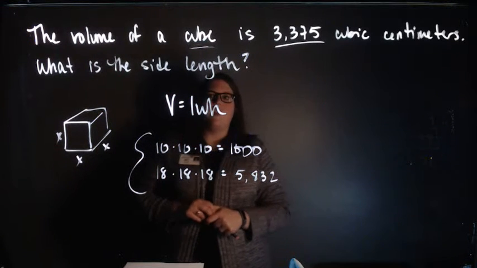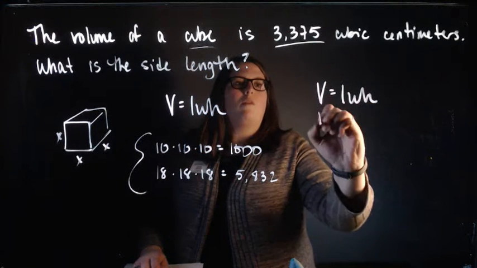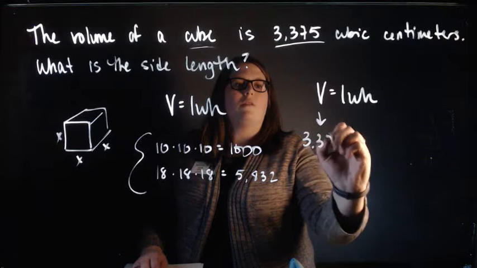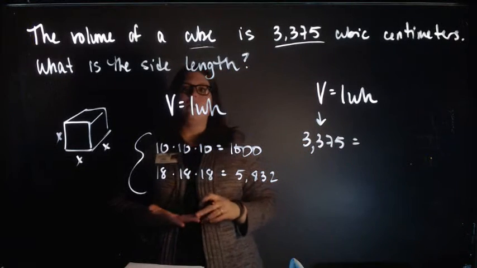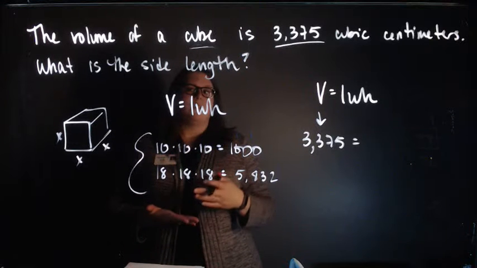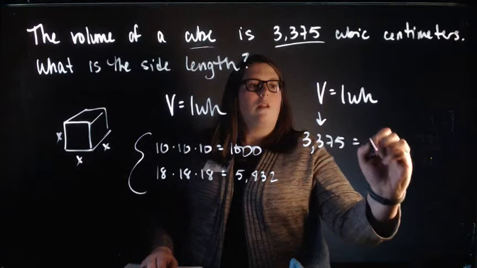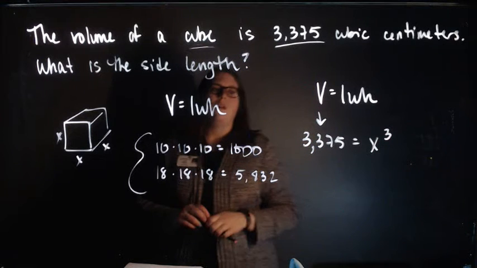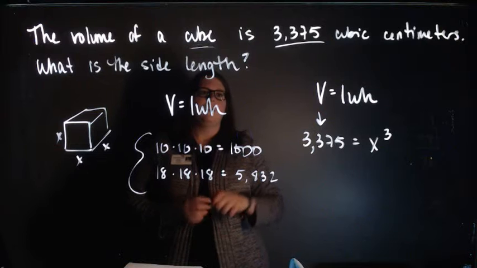So if I know my volume is 3,375, and I know my length, width, and height are all the same, it's X times X times X that will give me that volume. So I could write it like this: something cubed, or times itself 3 times, is equal to